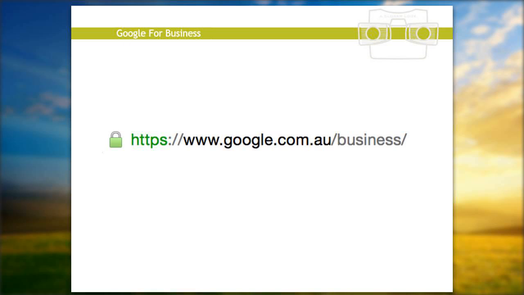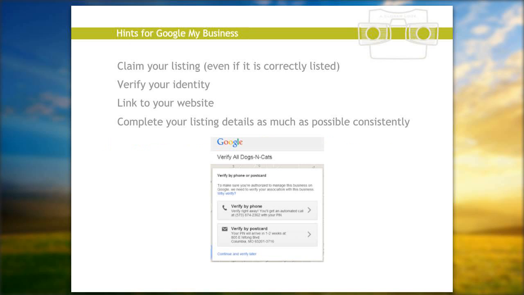So this is the web address, google.com.au/business. So, hints for Google My Business. It's important to claim your listing. And by claiming your listing, what I mean is that you need to go into Google and log in, even if your business is showing up in Google My Business, which it most probably is if it's been around for a while.